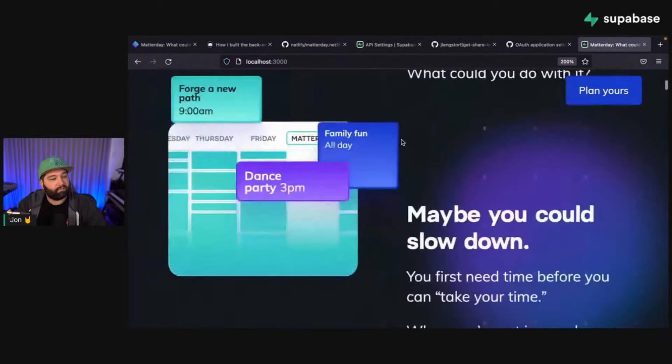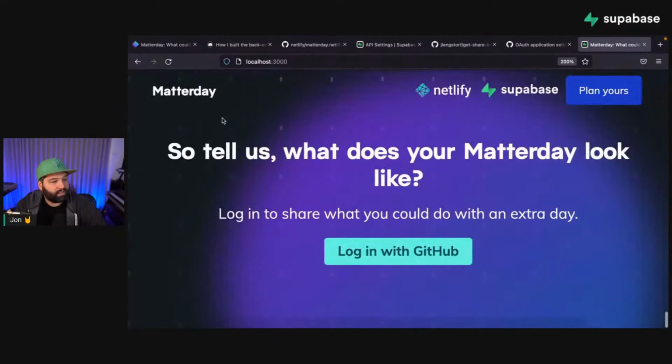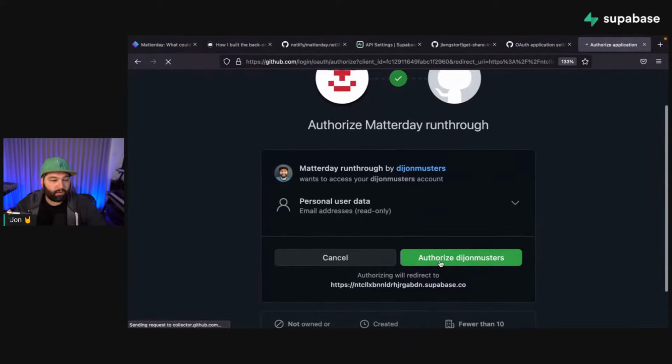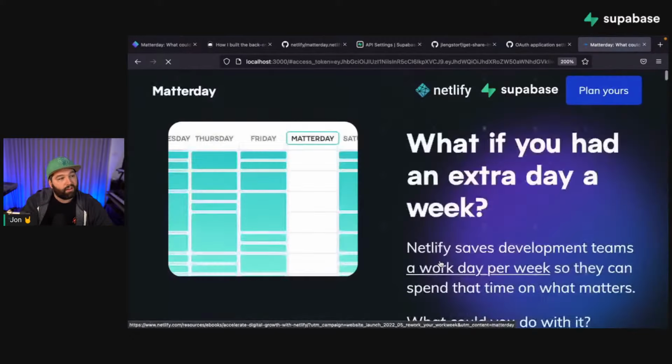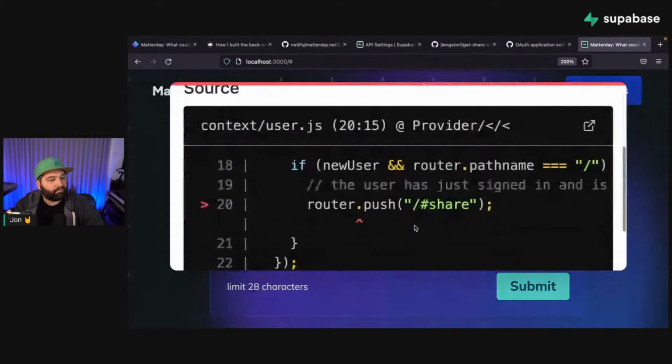Awesome, and we see this beautiful landing page. And if we scroll down to the bottom, we see that we're not signed in. So we can click this link to log in with GitHub. And that goes off to GitHub and uses our OAuth application that we just created to authenticate. And then we get an error,